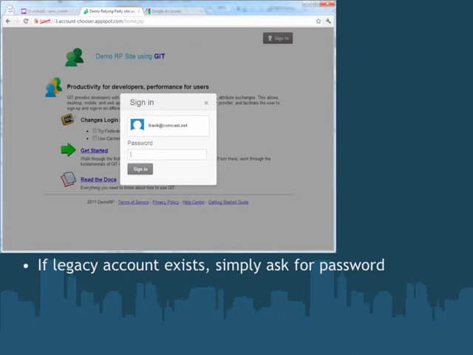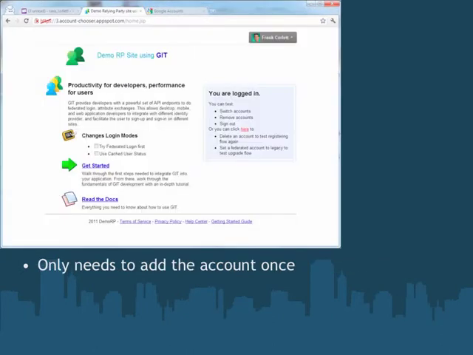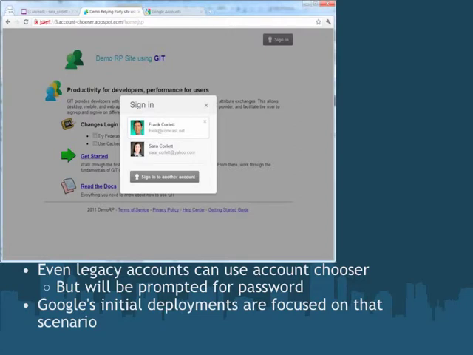Now, if the user does type their password and logs in, great, same experience as before, but a key thing to notice is if that user comes back to the site and clicks sign in, they're still going to see an account chooser. So there is nothing specific about federated identity and identity providers for an account chooser. A website could deploy an account chooser solely for users who log in with passwords like Quora has done, Hotmail did in the past, Google's experimenting with, etc. And not surprisingly, it works extremely well for users. Users really like it. It's much more friendly than typing passwords or clicking buttons of some other company.